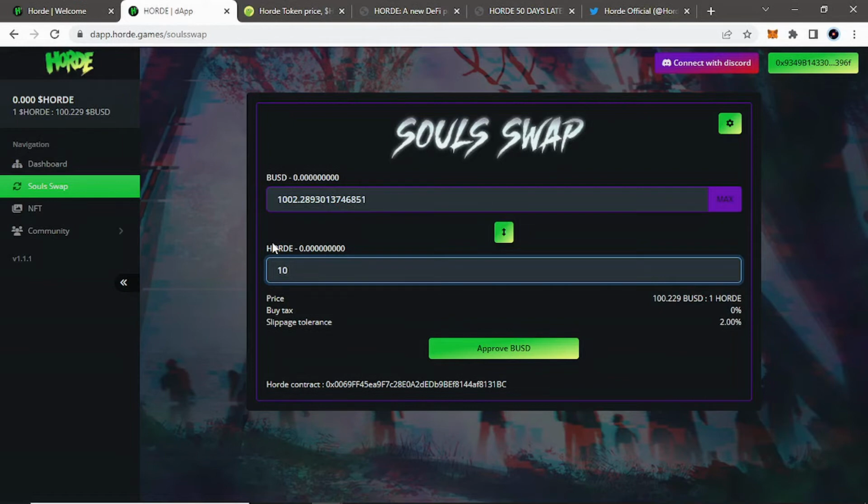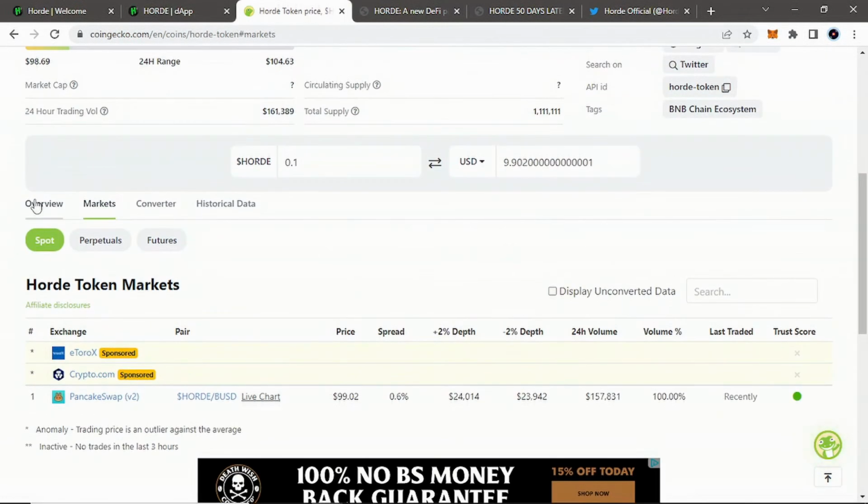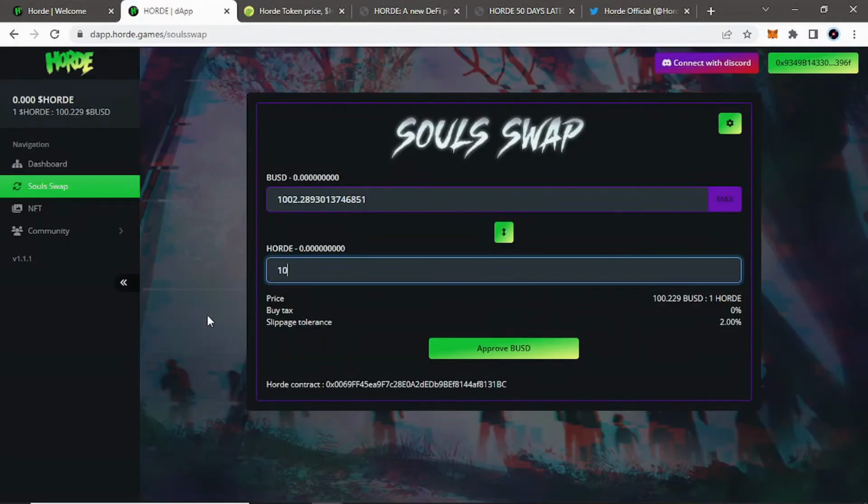So let's say you buy in, you know, 10 tokens to get one plot. So it will generate you back a total of 30 Horde tokens over 300 days. So let's say you put in $1,000. If everything stays consistent, which is crypto, you know how that goes, over 300 days, if the protocol stays around and their price action stays consistent, you can look to get a return of about $3,000 total based on your initial investment if you just offer one plot,